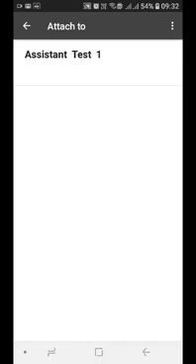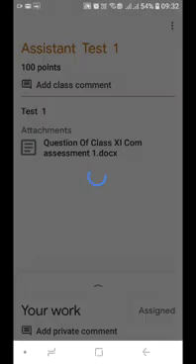Suppose my class is demo class, then add to assignment. See, assignment test 1 came. Now you click on assignment test 1. As you click on it, it will come. You will wait for some minutes, and one thing is important: don't switch off your net while doing the work.